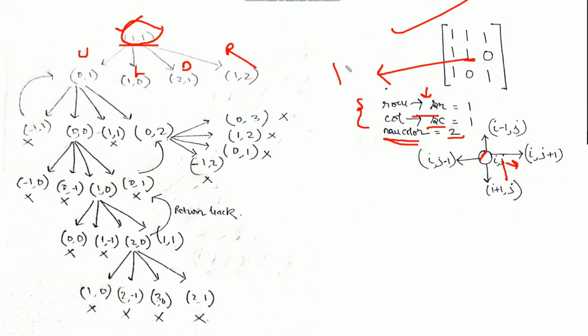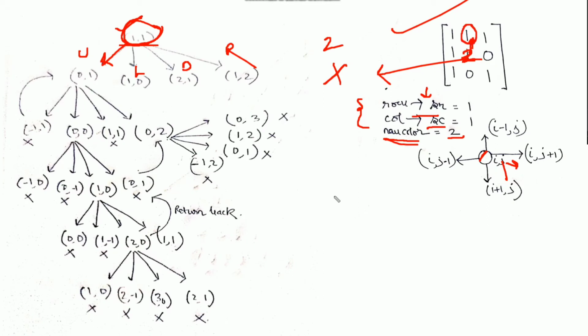So we will be changing this pixel value from 1 to 2 and start traversing in 4 possible directions. So the first step will be to go to that location 1 comma 1, change its value from 1 to 2 and start traversing in up, down, left and right. So suppose we go up, that is 0 comma 1. If we go up we find that the 0 comma 1 position has pixel value 1.